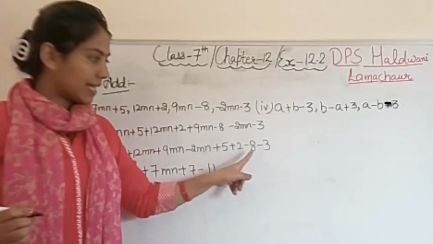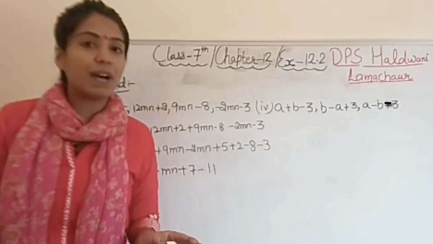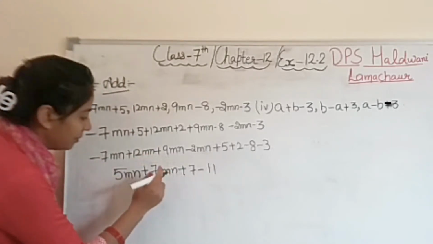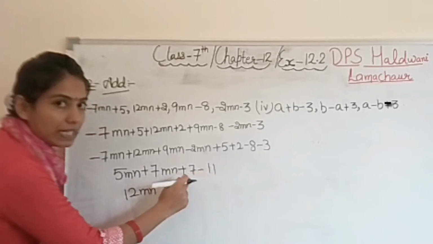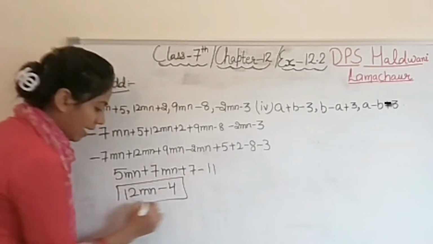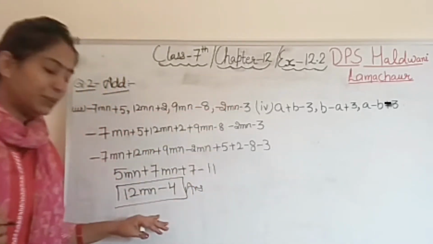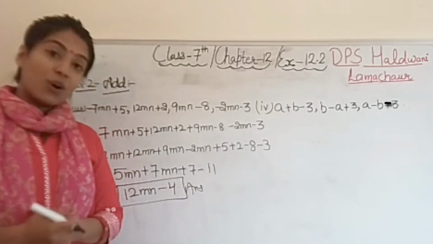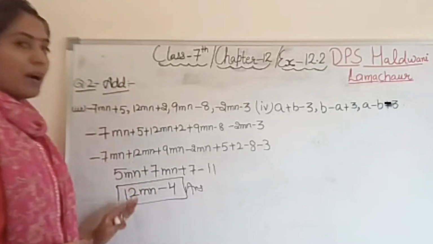Plus sign, minus. So this is all about your calculation and presence of mind, how you are solving, right? So let's start. 7 plus 5, 12mn plus minus minus 4. 11 minus 7, 4. Sign of the bigger digit, that is minus only. So this is the answer. So as you have seen student, this much bigger term we have converted into 2 terms only with the solution. Right? While solving, always have to see the variables, like terms. So this is about the third part.